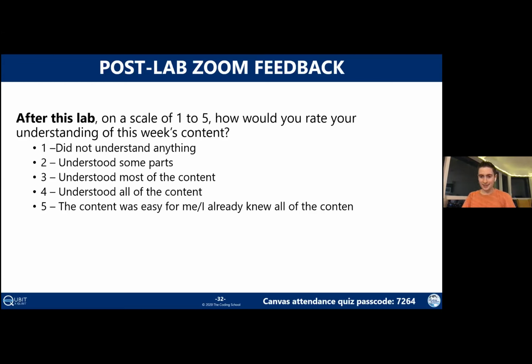Someone asked, is the optional content important? Eventually it will be, but for right now, it's optional because you don't need it for the homework. We aren't going to expect you to know it in the future. So if you need to sign off, go for it. No hard feelings. Really just stick around if you are particularly curious about some of these topics.